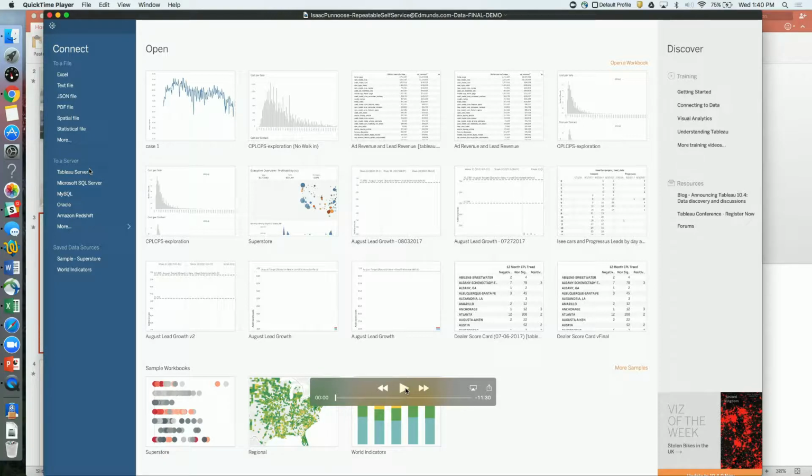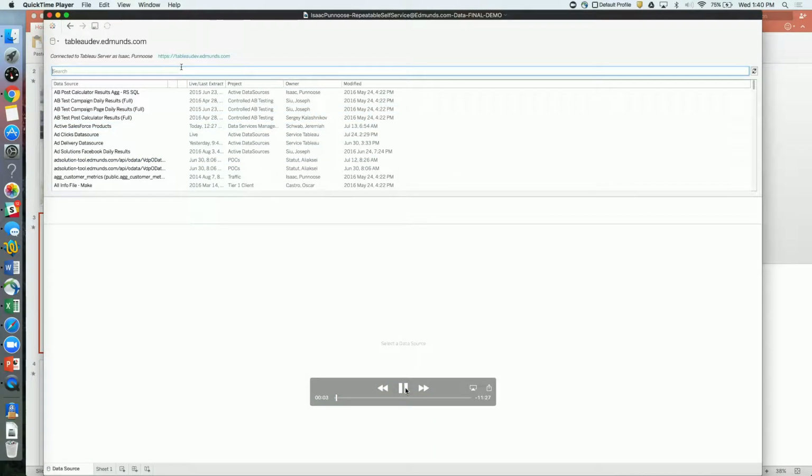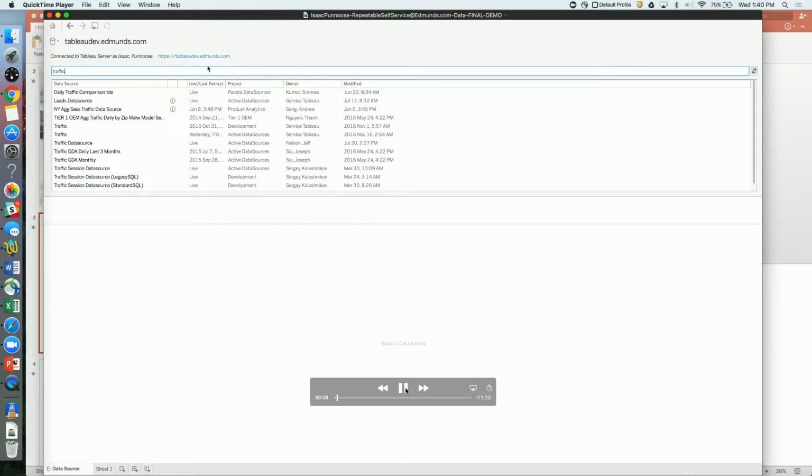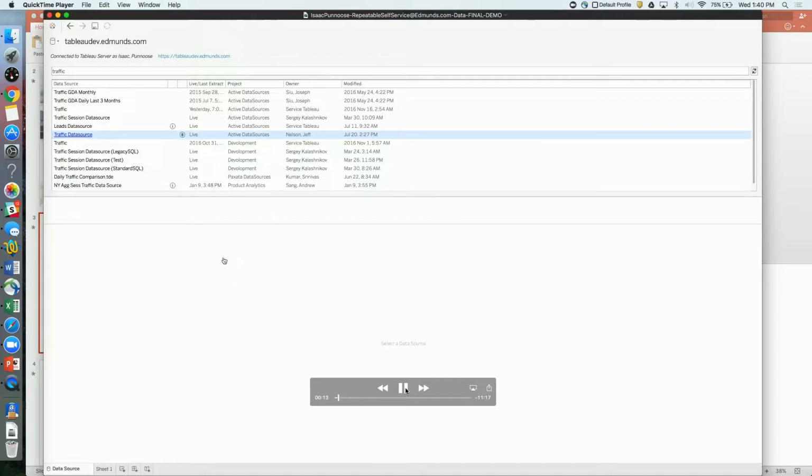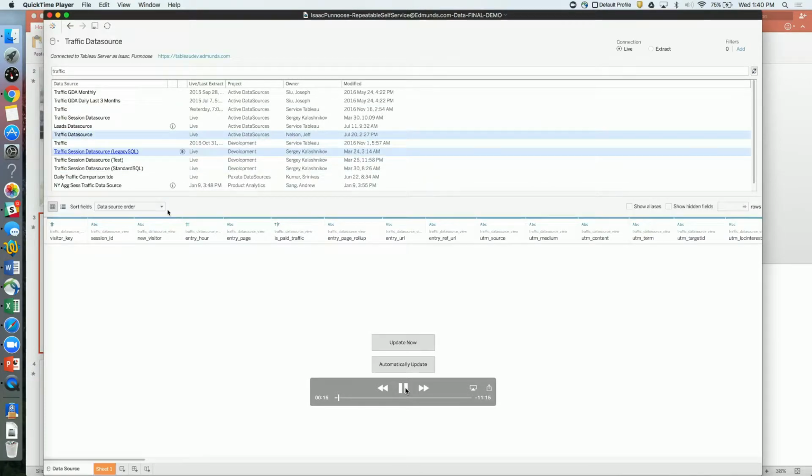what I'm trying to say is that's the way the industry is going. So it's not about a few millions of records. We don't have to have aggregates built to answer these questions. So keep in mind, that's the first thing I'm going to show. This is a dev environment, but still I want to show you guys this. I'm talking about self-service at a very large scale. So this is basically me finding my data source. One of the most used data sources is the traffic data source that we have, and I'll talk about this. First, I want to show the volume.